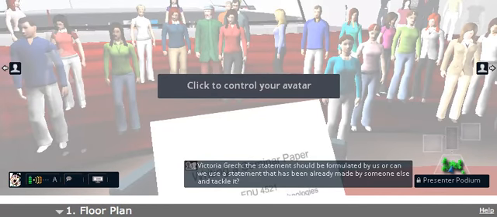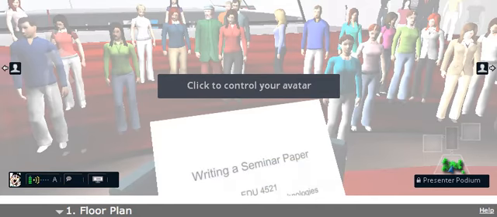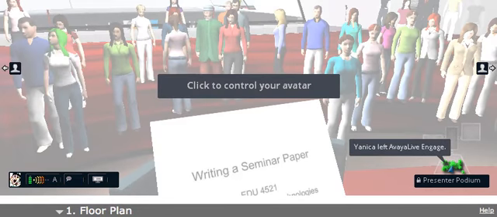The statement should be formulated by us, or can we use? Victoria, you can make use of a statement that has been used by someone already, but then in a way give it your own twist. Of course remember that if you take ideas from somebody else, statements, whatever you take, you have to cite that person. And you can, for example, say that person said that statement, but then you have to explain whether you are in favor or not. So you still have to state your bias.